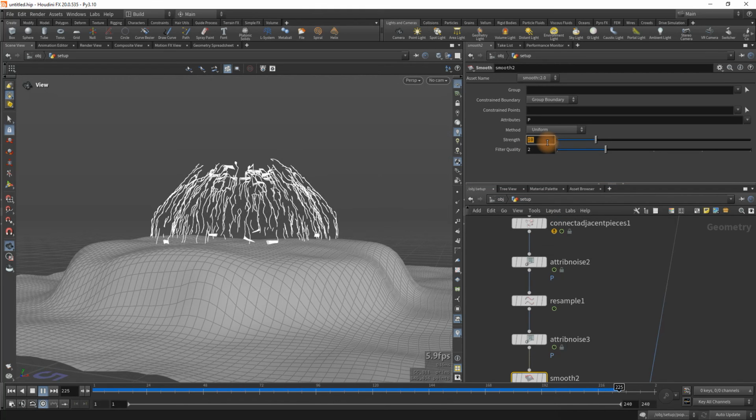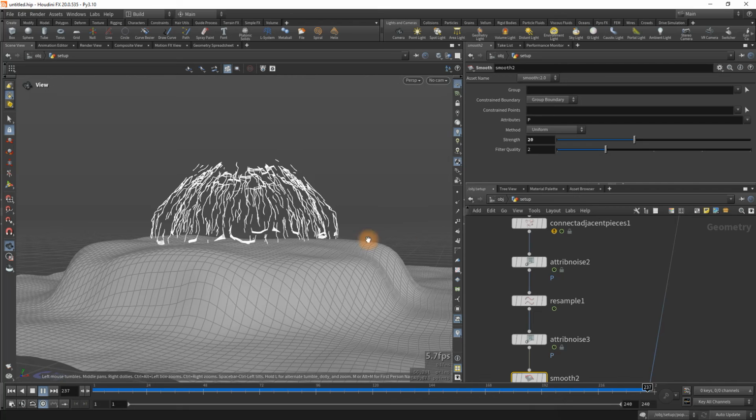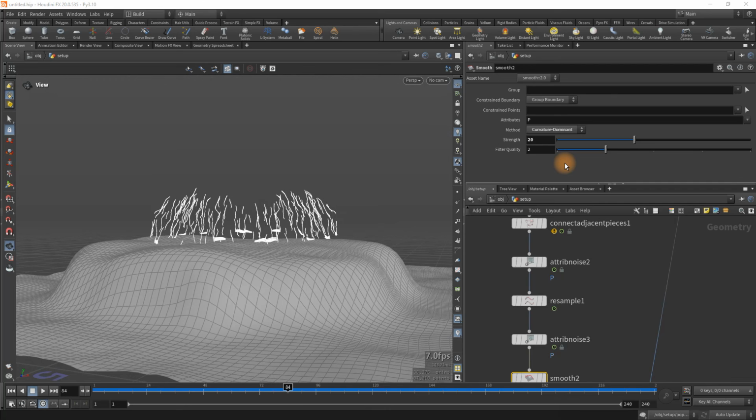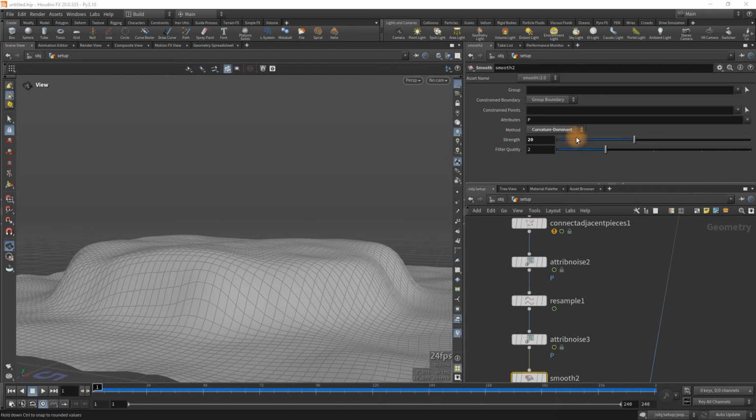So I might even go heavier handed with something like this, get more of a Bezier feel. I might even mess with the method a little bit, how it takes the information coming in to process the smoothing. See what different results I get, until I get the look that I like,